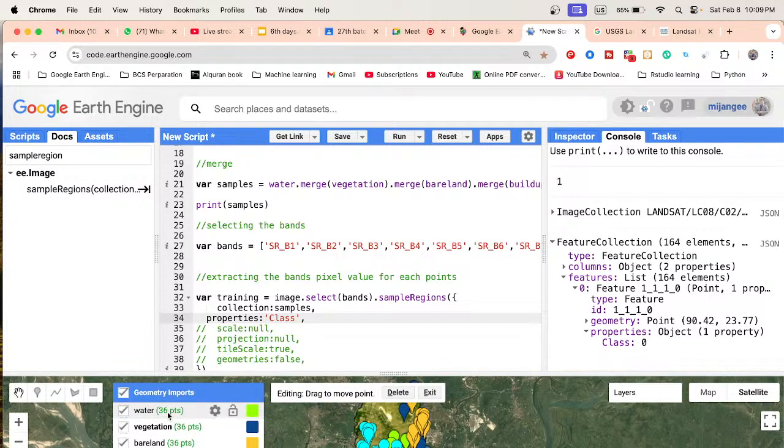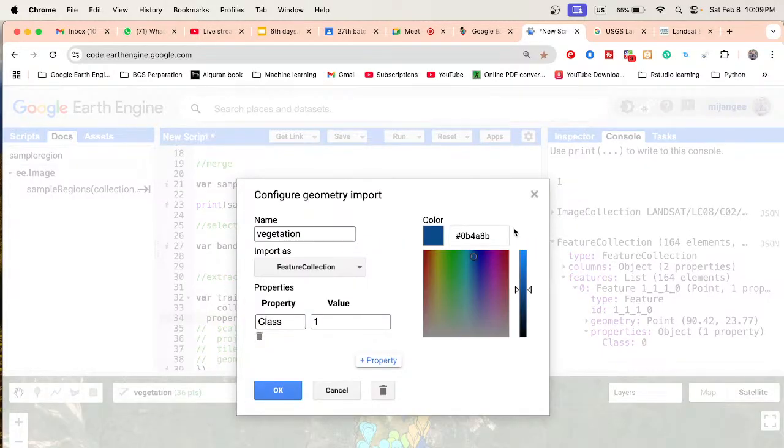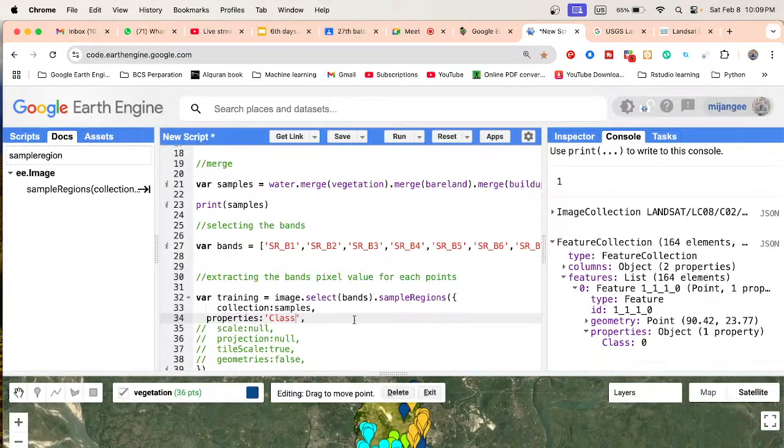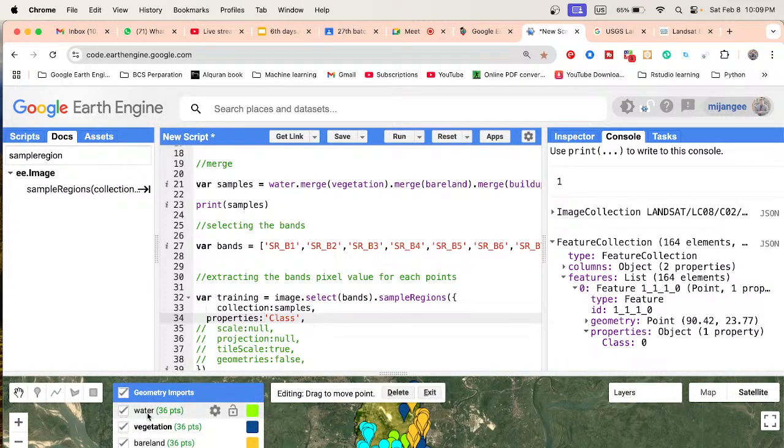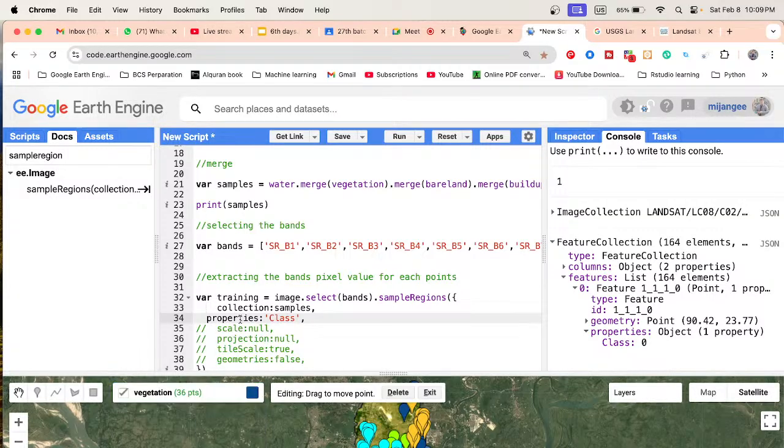class. Whatever name you input in here, this same name you also need to mention in the property. And you can see it shows the properties, basically it's a plural form, so that's why you must indicate it as a list. Basically all of them are the same property name, and when you find this type of argument, properties in plural form, you must use the square bracket because it's a plural form, square bracket just put